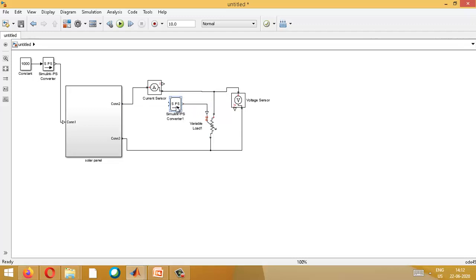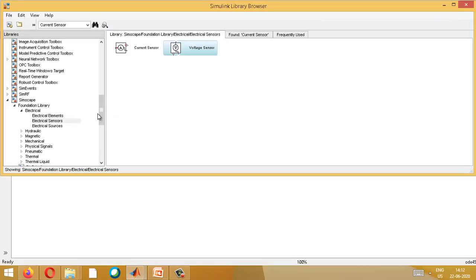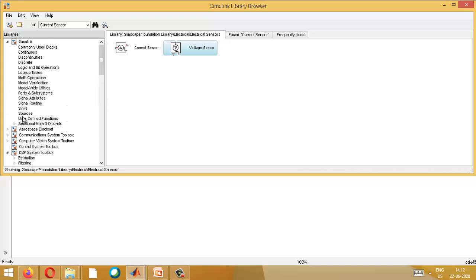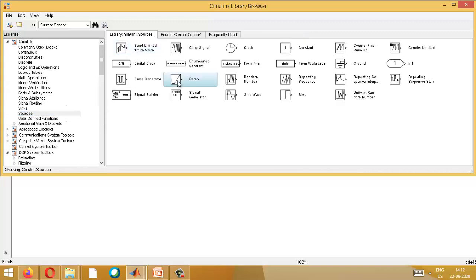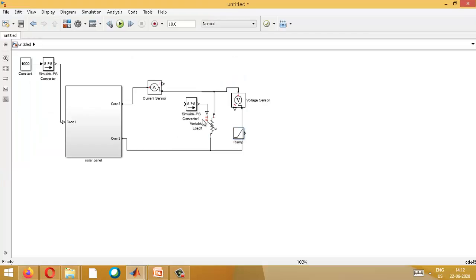Whenever you want a block, I have repeatedly said you don't need to go and search for it; just click, press right click and then drag, and you will get it. Now, this is what I have called the testing of the solar panel. You connect a variable resistor. I have told you a variable resistor is one where at runtime you keep each and every value of resistance. This is already available as a variable load, so now you can give input. The input should be nothing but a ramp. Go to Simulink, and in Sources there is a block called ramp. So just add this ramp.